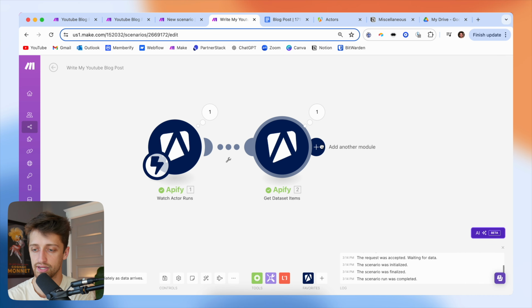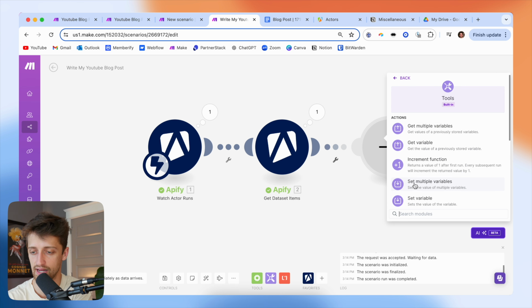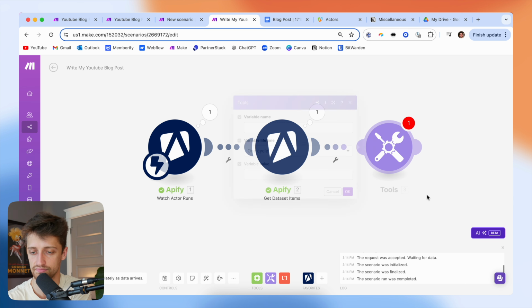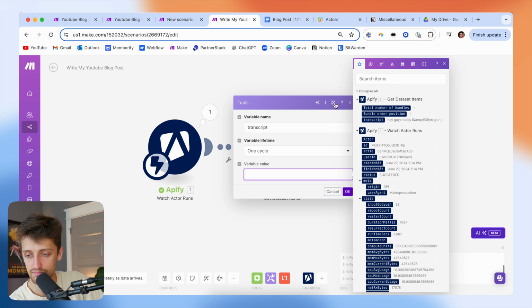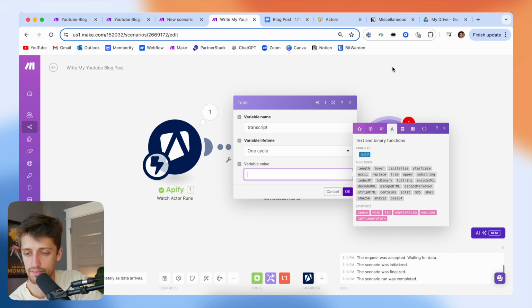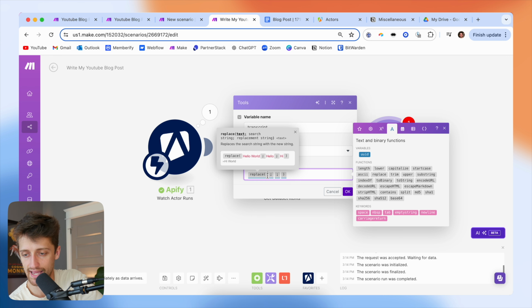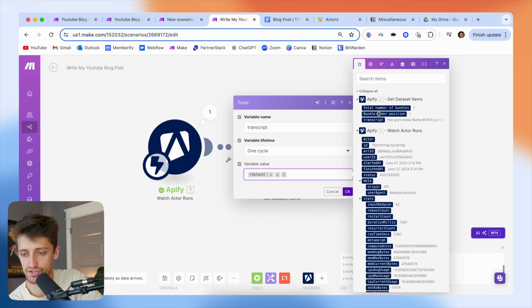And so what we're going to do is we're just going to drop in a tool module here, and we're going to just set a variable. And I'm just going to give it a variable name of transcript. And then our value, we're going to do a little bit of math here. What I'm going to do is I'm going to hit this A button, and I'm going to come to replace. I'm going to drop in a replace formula. And what I'm going to do is I'm going to replace in our transcript, I'm going to replace those weird